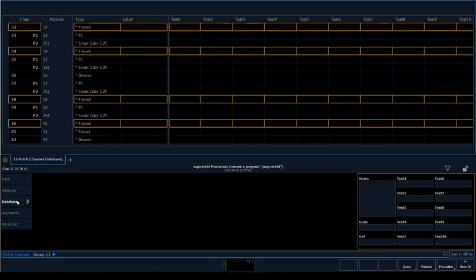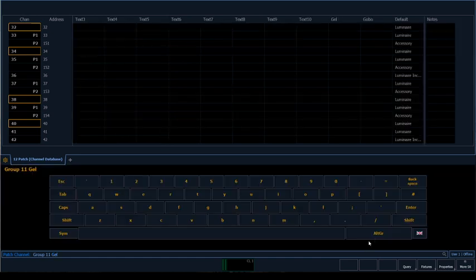So if I click on the Gel column, we get a text box, and the reason for that is if you know a filter or a Gel number that you want to put in, you can do so and it will apply it in Augmented. So for example, I believe Tokyo Blue is Lee 120, so I go L120, hit enter,